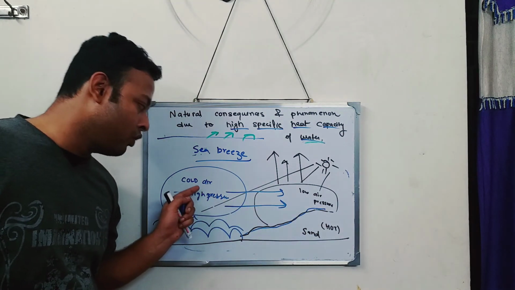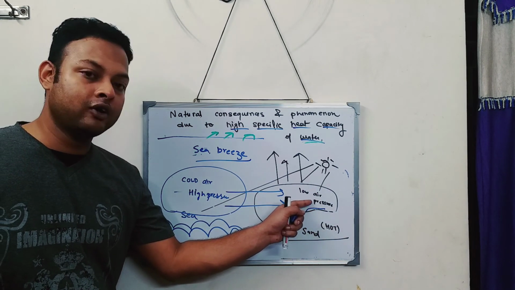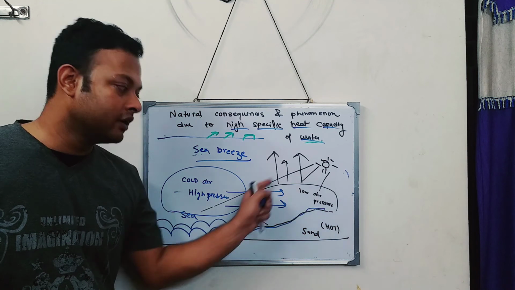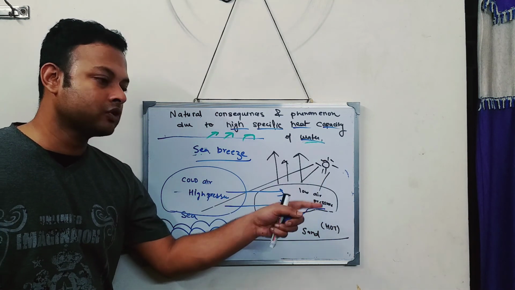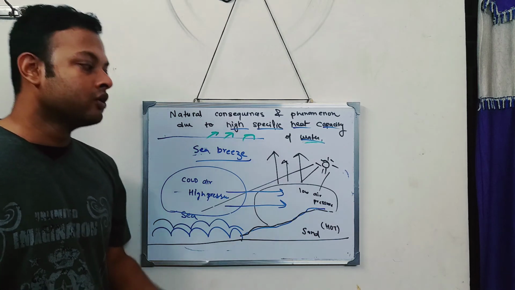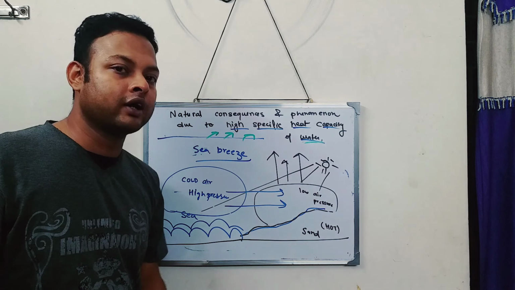As the cold air is moving towards the land or the coastal region, this area becomes cold. Okay, cold breeze comes, so this area becomes cold. Initially it becomes hot, but the hot air goes and the cold air comes, so it becomes cold again.